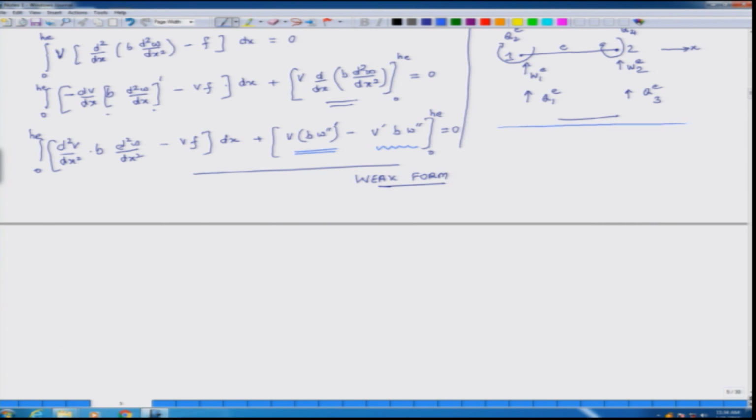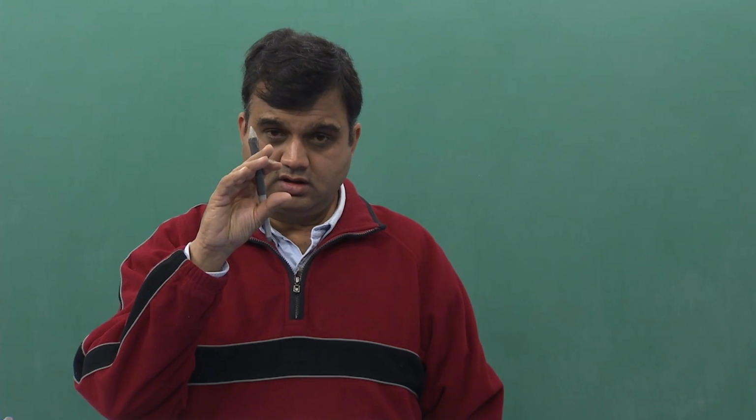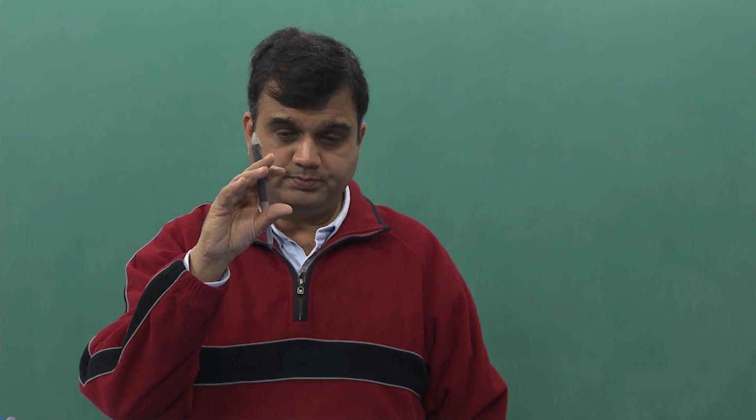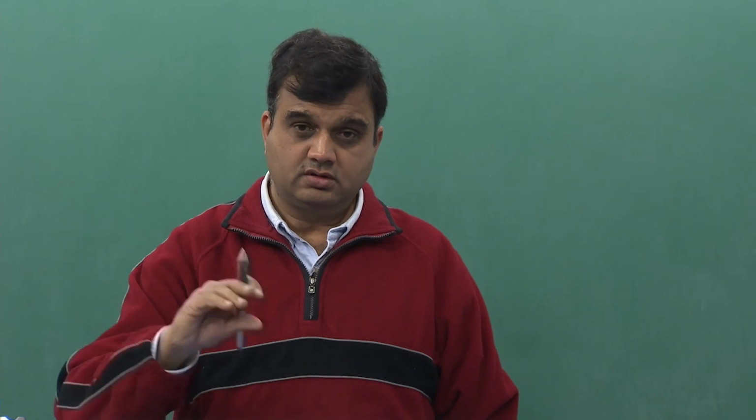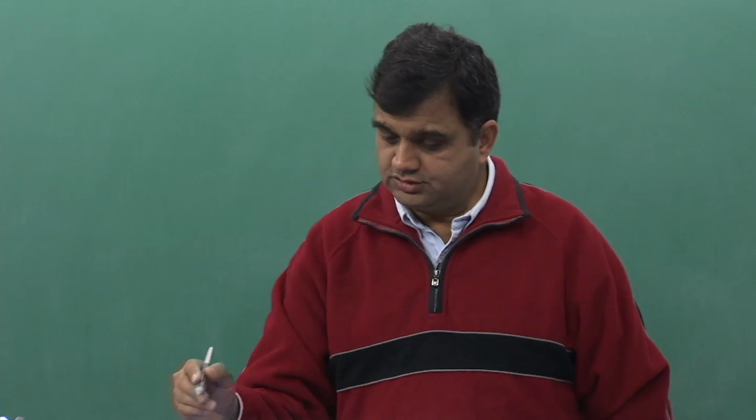So, when I look at these terms, V helps us determine that one primary variable is W, and minus V prime helps us make a judgment that the other primary variable is minus W prime, or minus dW over dx, right. Because we discussed in one of the earlier classes that whatever the nature of the weight function, if we replace that weight function by the unknown, then that will be a primary variable. So, these are my PVs,